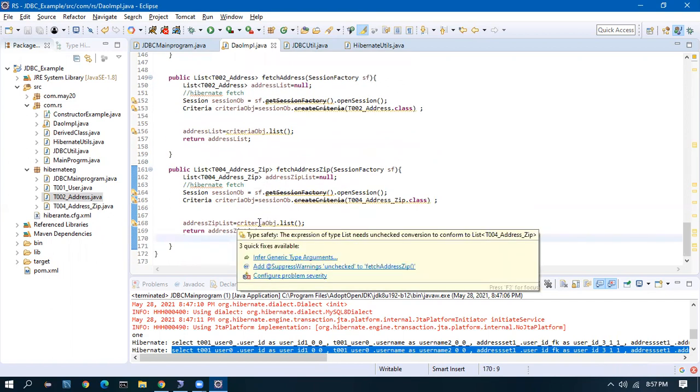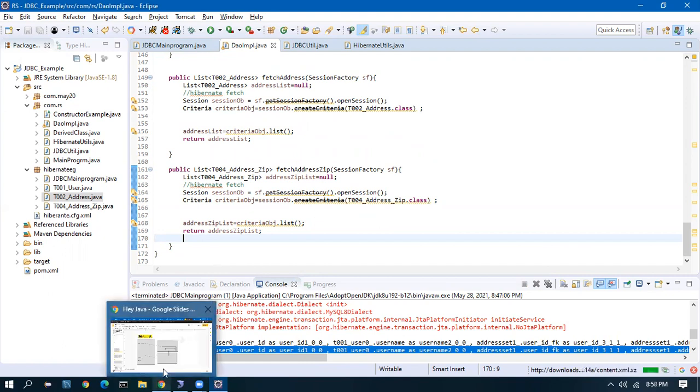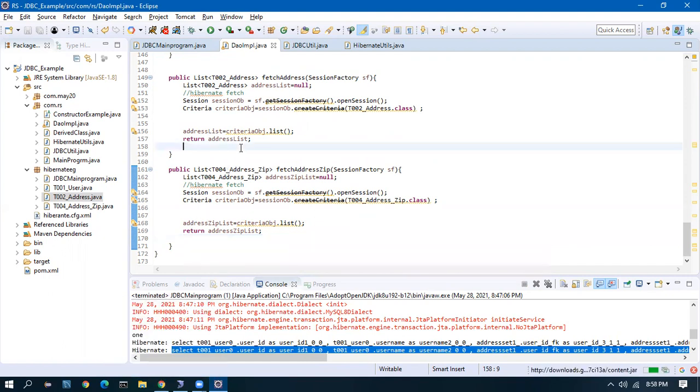So as a whole, we have covered almost whatever is needed for a live project to work upon. Anything beyond that, the documentation will definitely help you out. You can go to the documentation, all examples are provided. And when you get time, just go through the documentation, copy the examples and try them out.